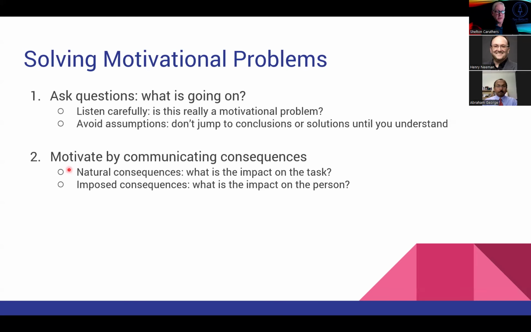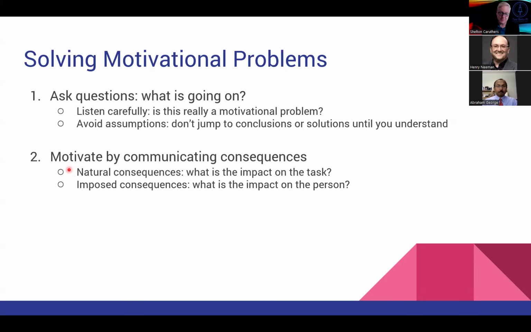A natural consequence is, what's the impact on the task? For example, when we make our widgets, if we are trying to make more widgets and make them faster, and we don't achieve that, then maybe our revenues will drop. If our revenues drop, our profits might drop. If our profits drop, we can't pay all the employees.